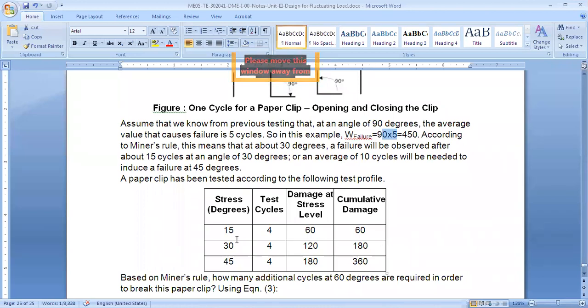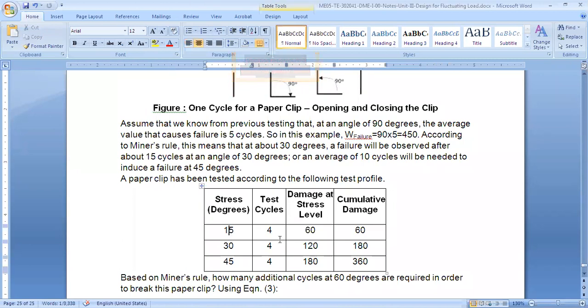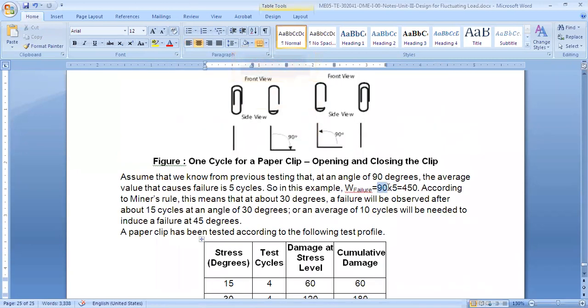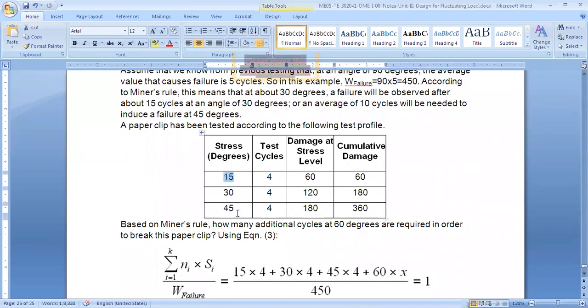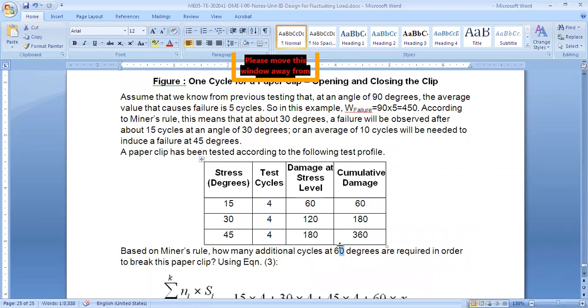See, this is the example I have taken. Now in this example, what I did is, totally required is the 450. So I rotated it by 15 degrees four times, right? Then I rotated it by 30 degrees four times and 45 degrees four times. So how many times do I have to rotate at 60 degrees remaining? Are you getting it? So again I will repeat.